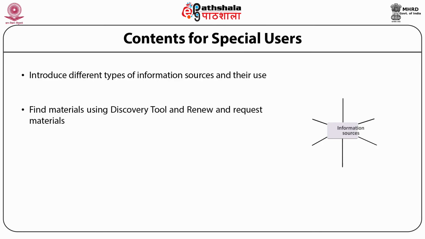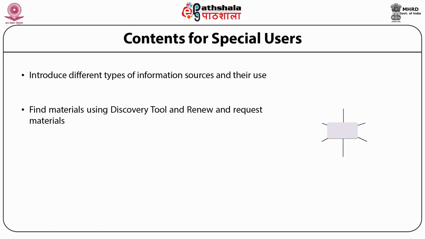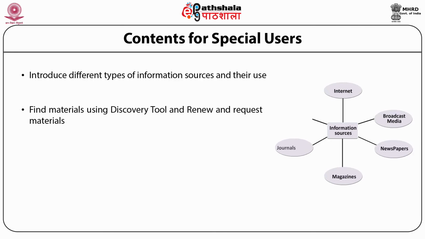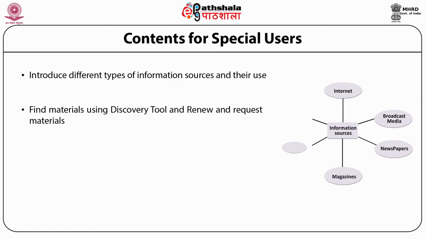So there are a number of databases available and everyone has to access each and every database to find the information. Now the publishers of the electronic resources are providing the discovery tool so that individually, in one window, a user can search the information and find out any relevant piece of information available in any database. So that actually reduces the time of searching for the users, and it also gives much more information to the users as the discovery tool has access to more than one database at one particular time.